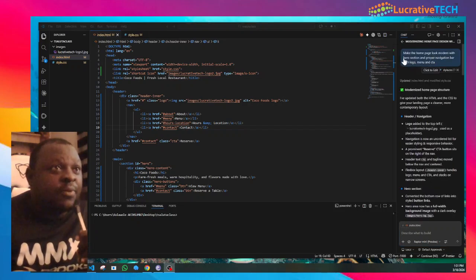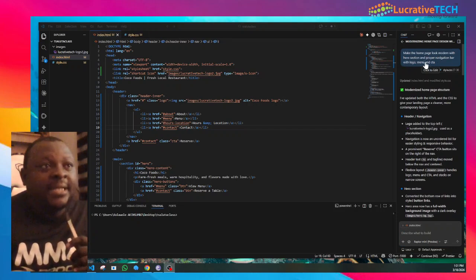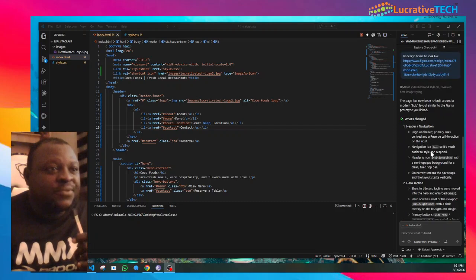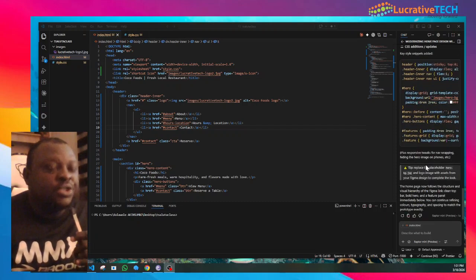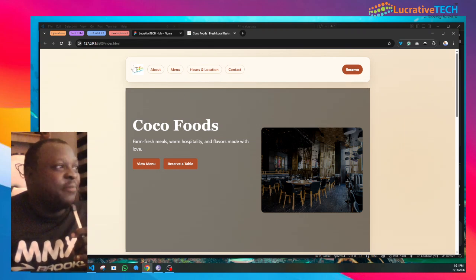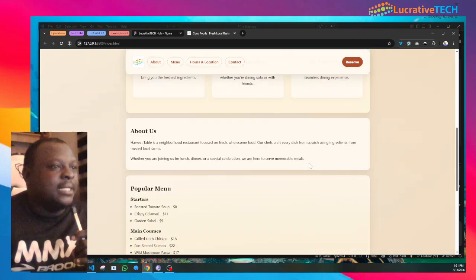Okay, so this is the simple prompt: make the home page look modern with hero section and proper navigation bar with logo and all of that. So I think that's what it did here, but we want to change that right now. Of course, we already have it here. If you look through, this is what we currently have, and it now has a proper navigation bar with CTA button. That was what we told it to do. And then it now has hero section with image, header, paragraph, two buttons, and then it decided the rest by